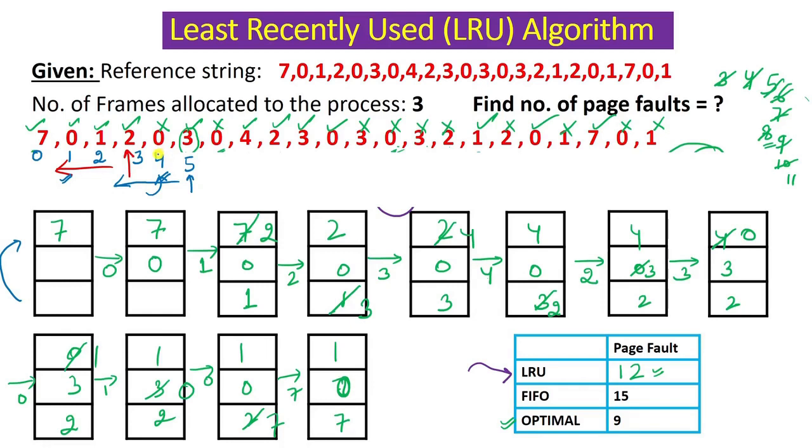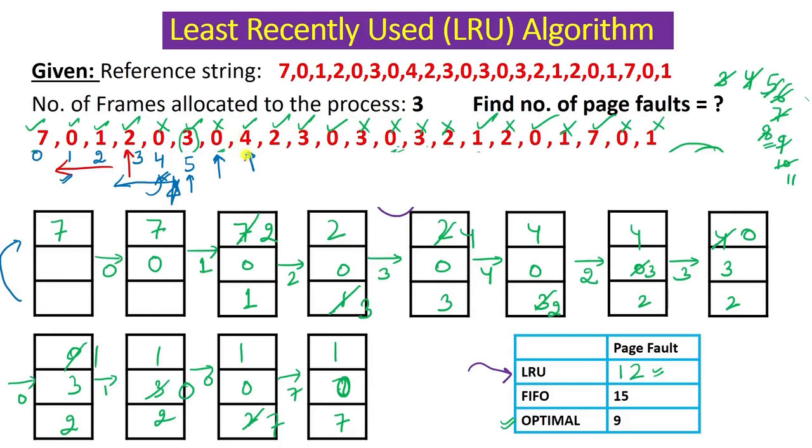As soon as the page is accessed, its timing is updated, and that is the key point in LRU. That is the only key point in LRU if you compare it with FIFO. And that timing we will use in our implementation of this algorithm. So you can see when we again came for 0, 0 is not generating a page fault.